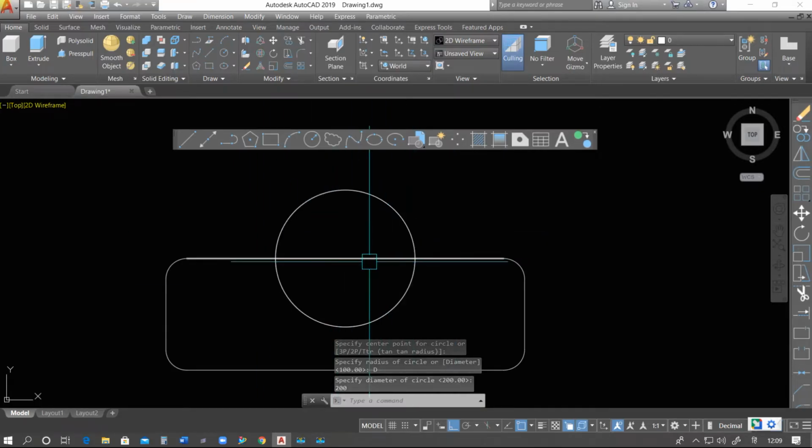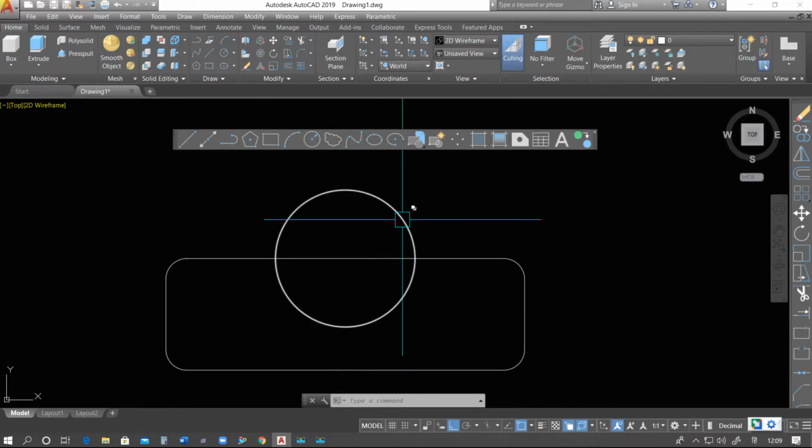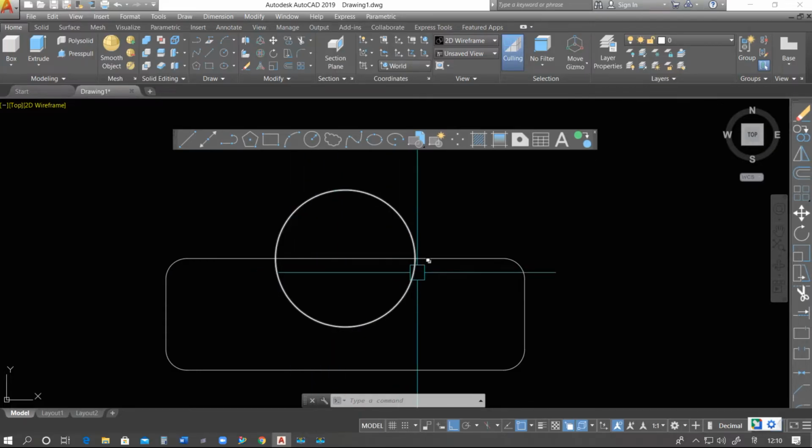Why? Because the radius of this circle was approximately, I think, 50. So the diameter will be 100, and here I had used diameter as 100. So let's see the diameter or radius of this one.